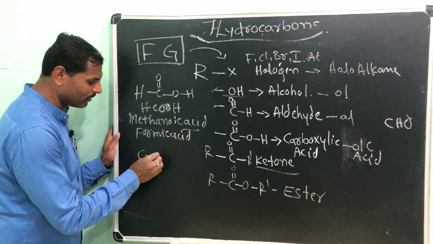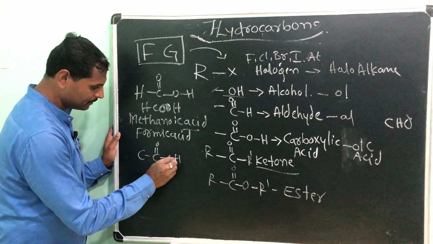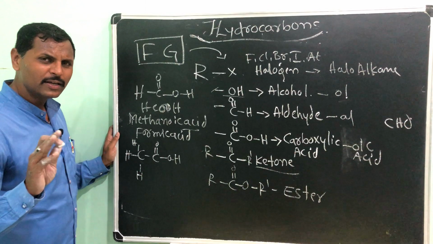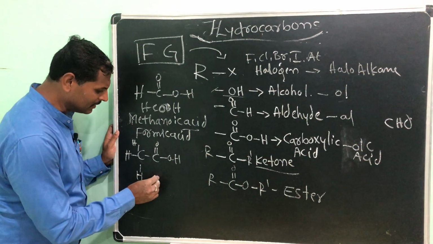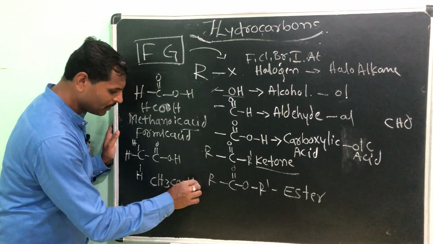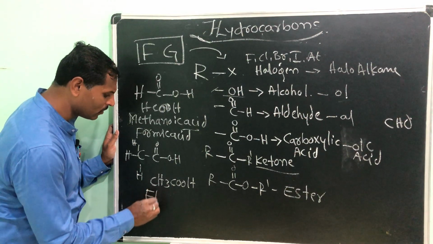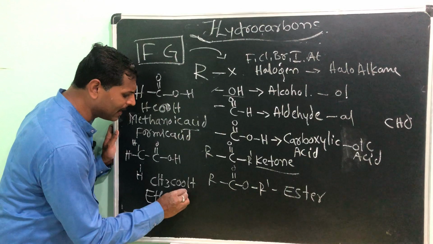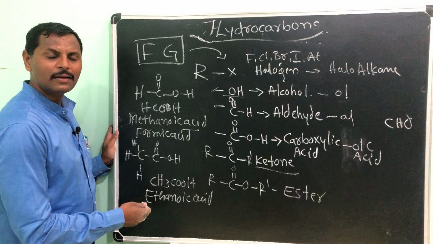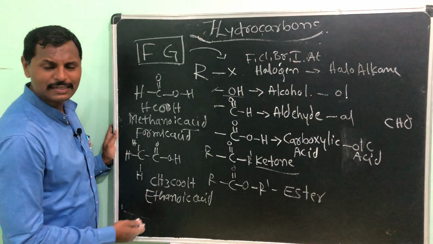If you take one more carbon with this, see here, am I right? Yes. See here, see, little bit coolly you will understand. CH3 COOH. How many carbons are there? 2 are there. No? 2 are there. Then start the name with eth. No, ethanoic acid. Very simple. Or ethanoic acid, or what you can call it as one more name, acetic acid.